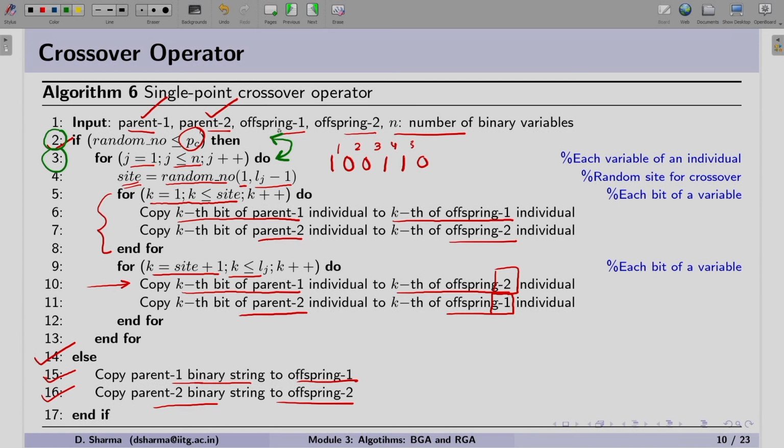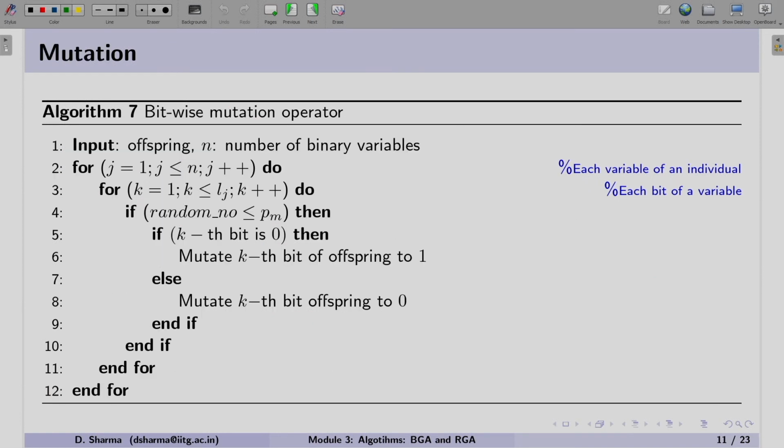Once we perform this single point crossover operator, we come to the mutation operator. As an example, we have taken bitwise mutation. In this bitwise mutation, we need an offspring and the number of binary variables.